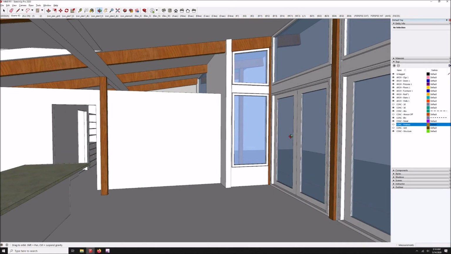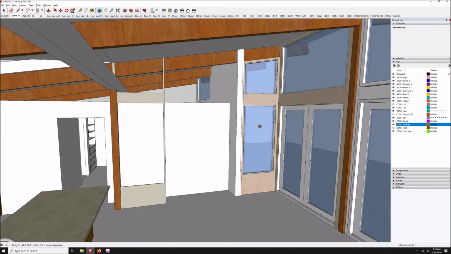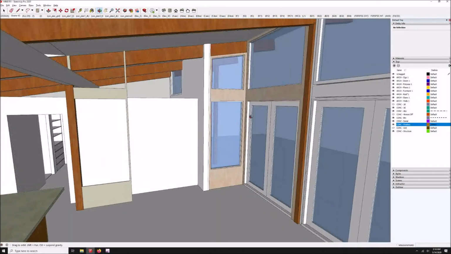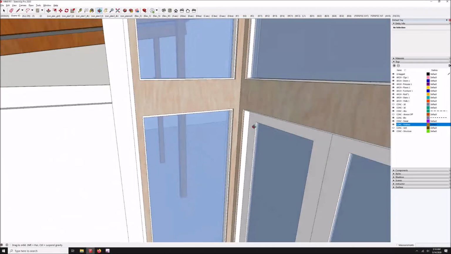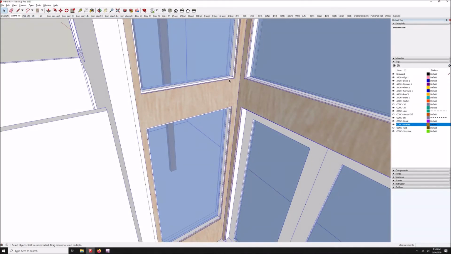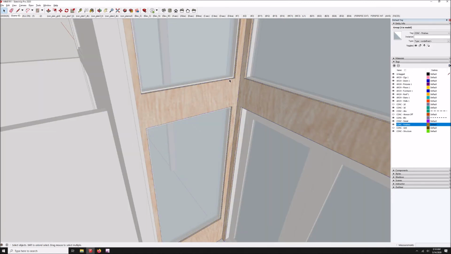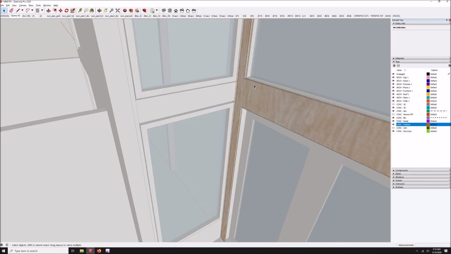So that's the framing inside. Now let's turn the finishes back on, and there's actually two layers of finishes here. You can only see the outer layer, so let me hide these first. Once the doors and windows are in place,